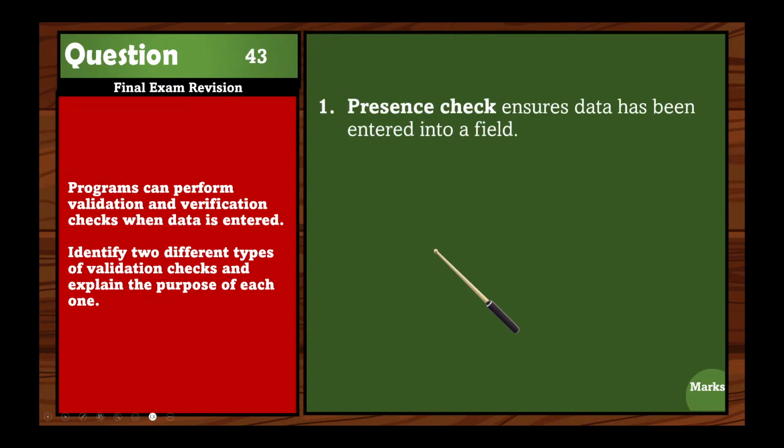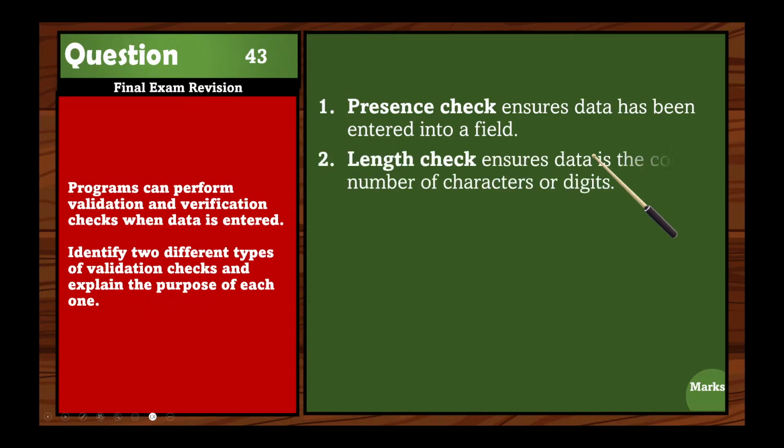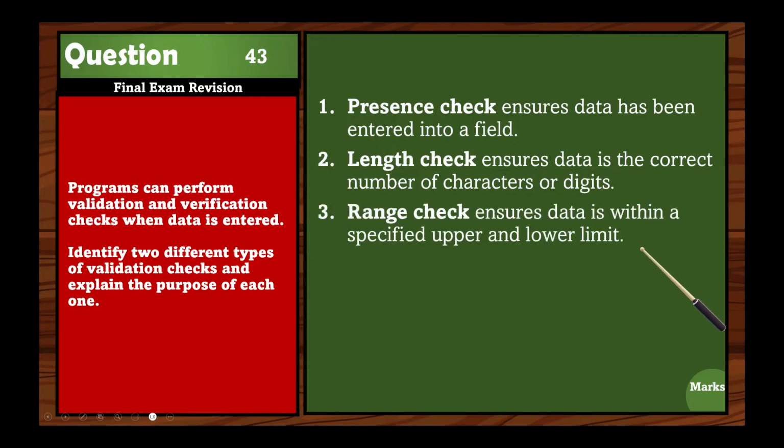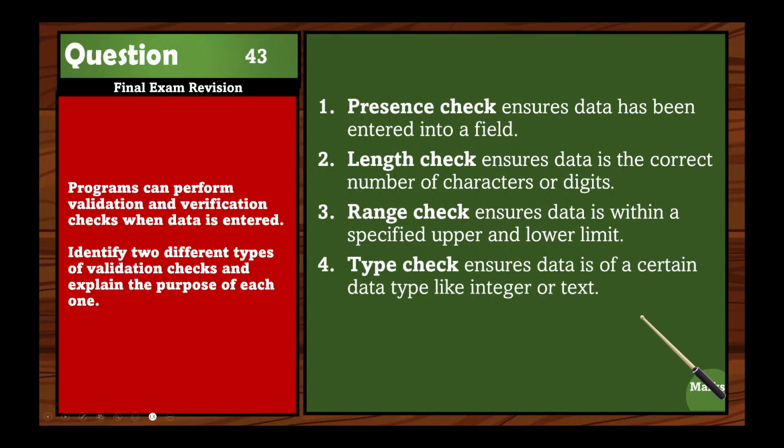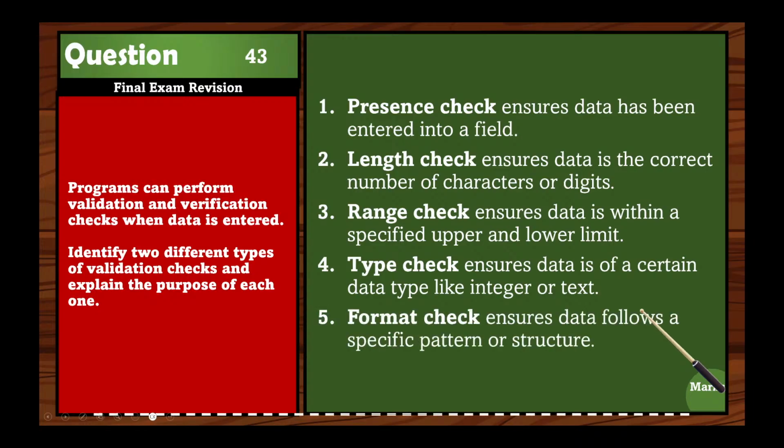So we know we have one, presence check, ensure the data has been entered into the field. Next one is the length check to ensure data is the correct number of characters or digits. Then you have the range check, ensure the data is within a specified upper and lower limit. Then you have a type check, ensures that data is of a certain data type like integer or text. And then we have the format check, ensure the data follows a specific pattern or structure. Okay, so these are the five examples of the